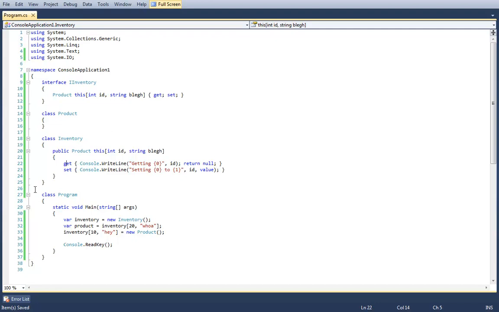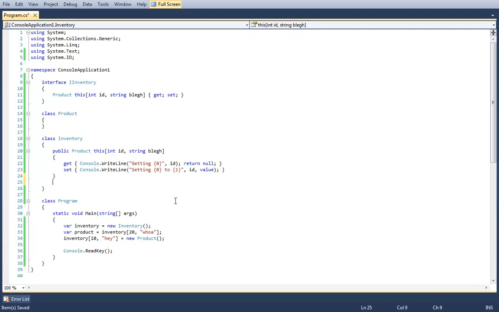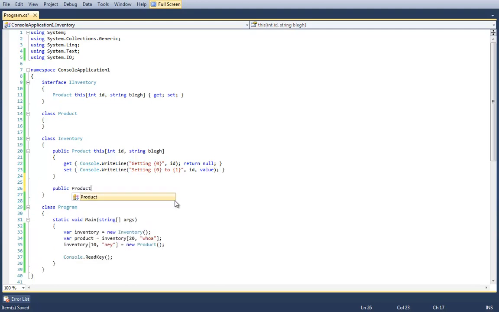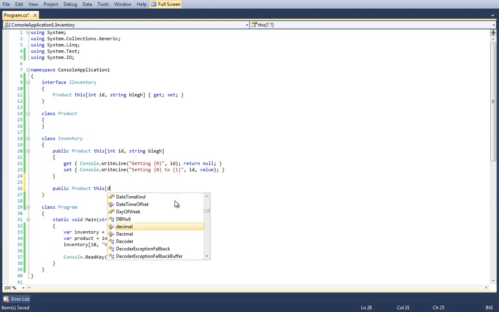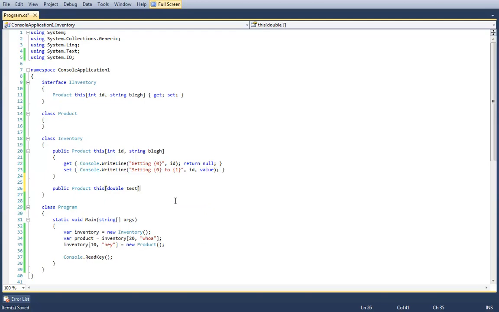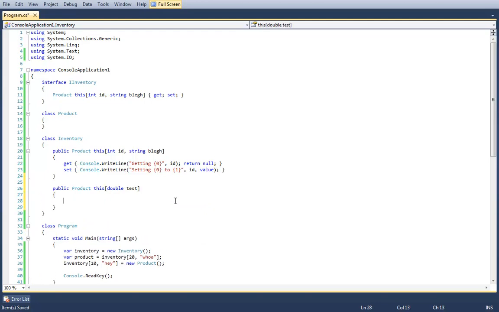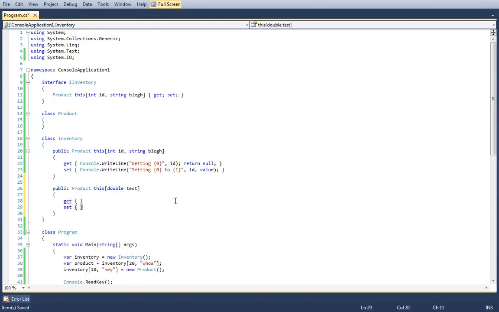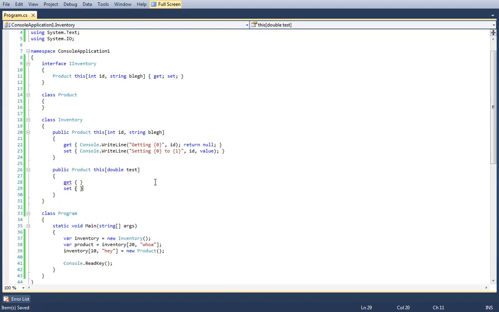Can you override an indexer? You can override it through inheritance, and you can overload it as well. So for example, I can have a public product this double test if I wanted to. See, I'm glad you said that, Dave, because every time somebody asks a question that involves the word override or overload, my immediate response is how many Is are there in that sentence?